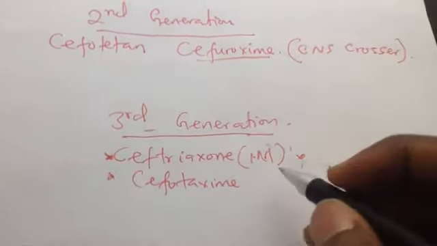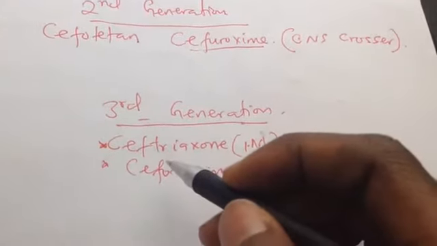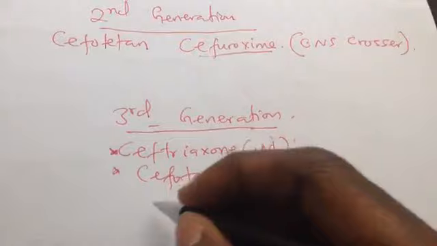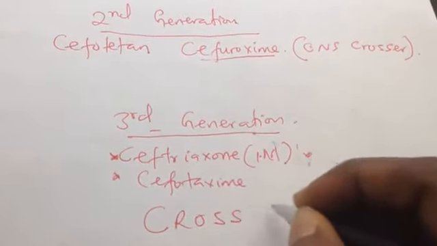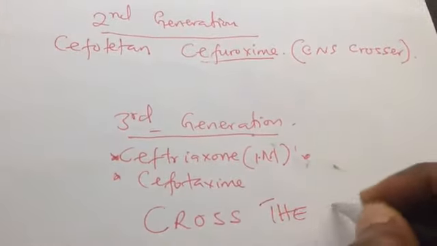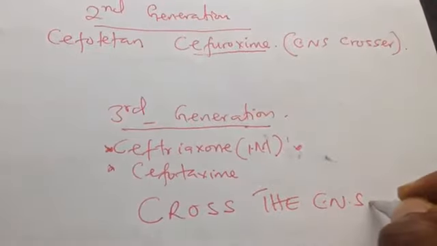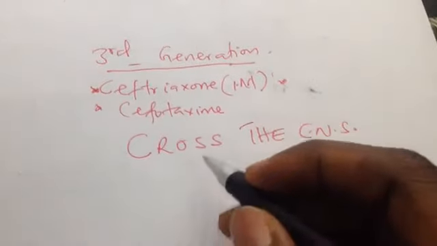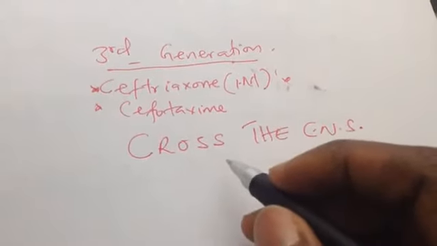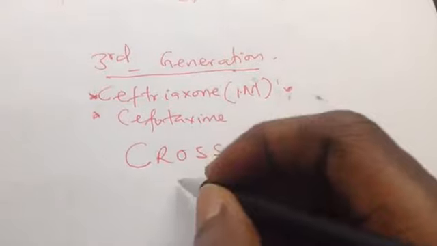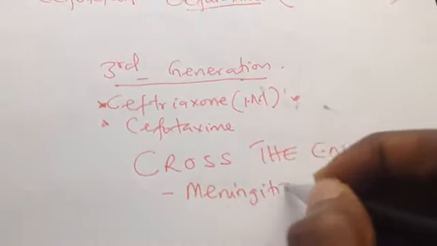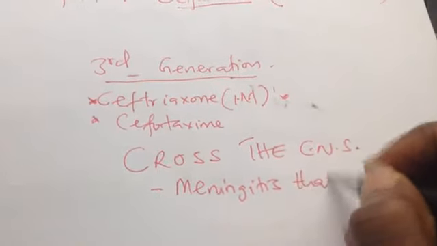Since this cephalosporin, they have a unique feature among all generations of cephalosporin. They have the ability to cross the CNS. So they cross the blood-brain barrier, so it can be used to treat any bacterial infection that affects the central nervous system, more especially meningitis that is caused by